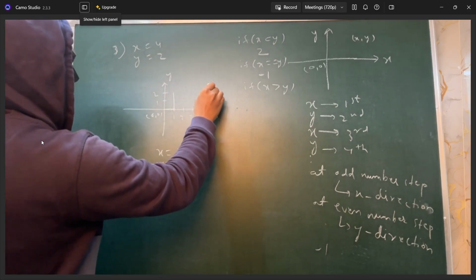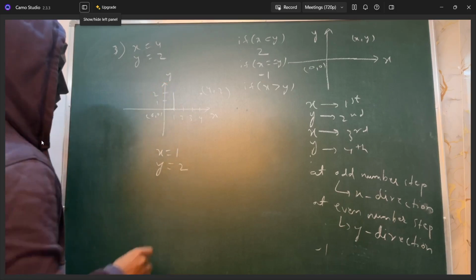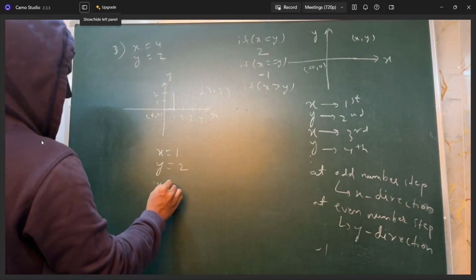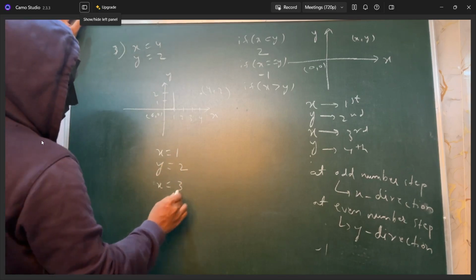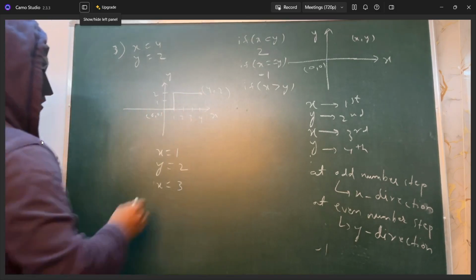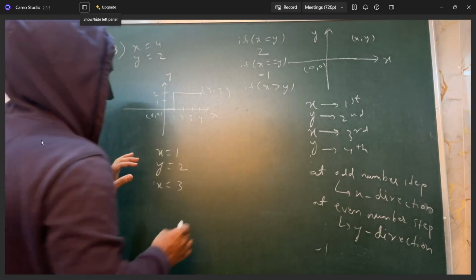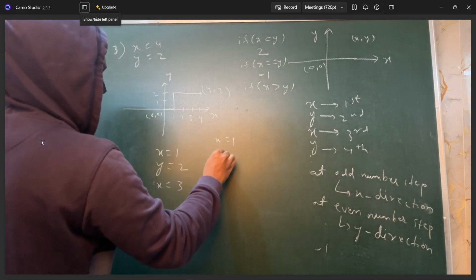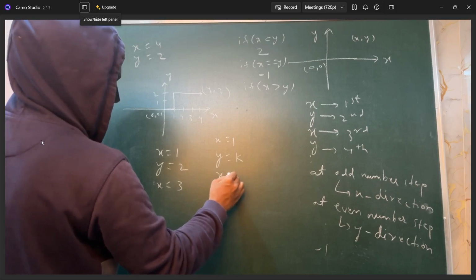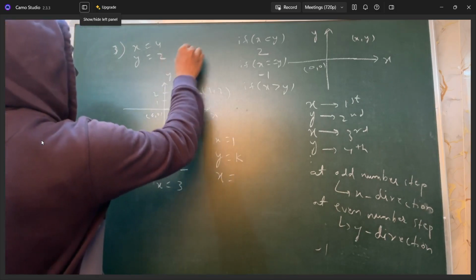You want to reach here, which is 4, 2. Right now you have moved one distance in x and two distance in y, and now you will be moving in the x direction again. From 4 you have moved 1, remaining is 3. So you will be taking 3, which is obviously greater than the previous, so you will be moving to this position. So whenever x is greater than y, what you will have to do is always start with x is equal to 1, and whatever value of y they give, take that value, and in the next step you'll have to take x, which is like, let's say, if x is equal to